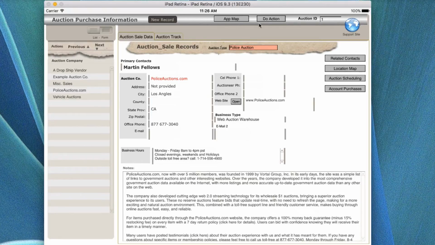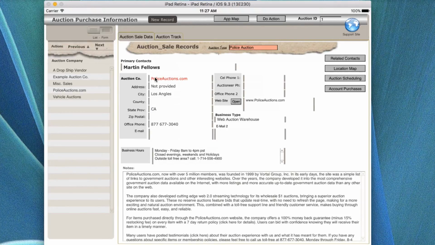So this particular record is the auction ID number 1, and it is for the police auction. They're not necessarily in the same order because they're alphabetic rather than numeric by the value up here. So it's really the actual name that shows up here. But this is the linking file for all of the things that are related to this main record. For example, related contacts, maps, auction schedules, and auction accounting are all in this particular thing based on